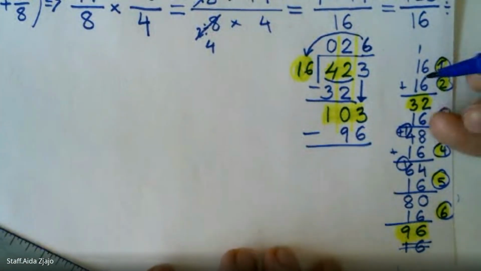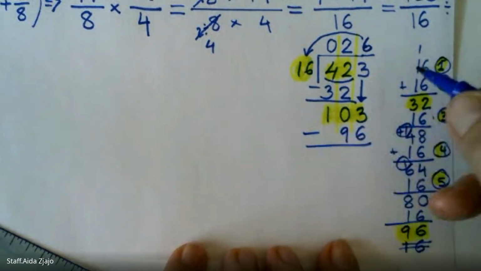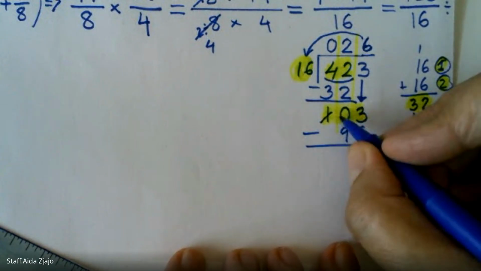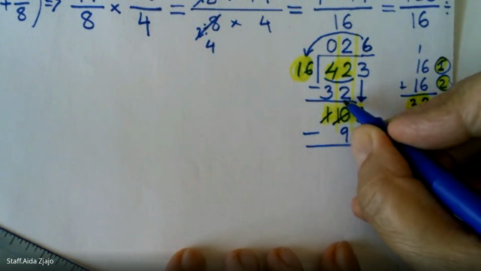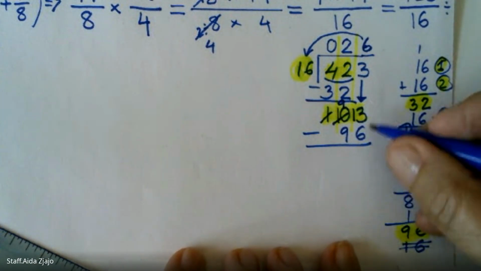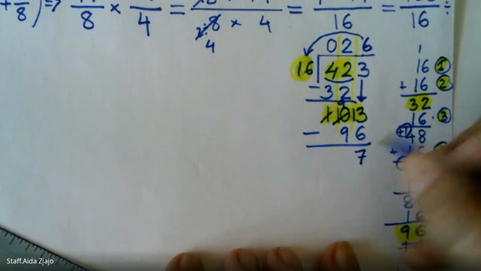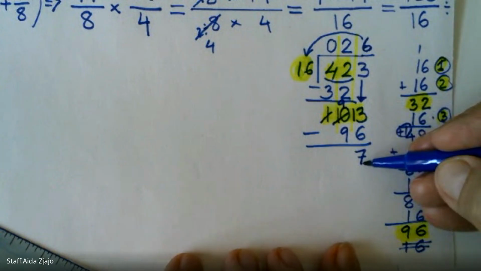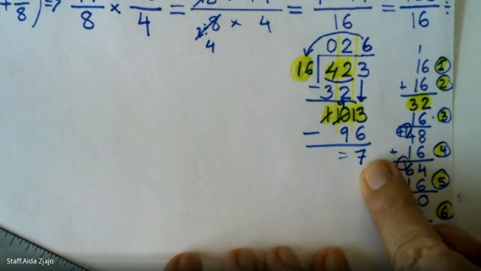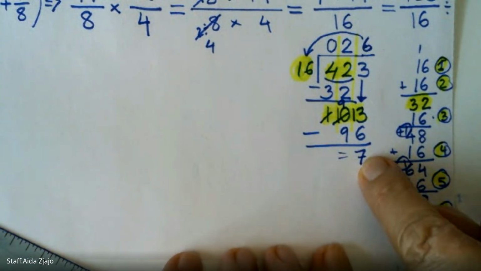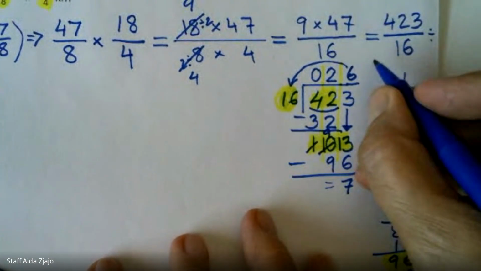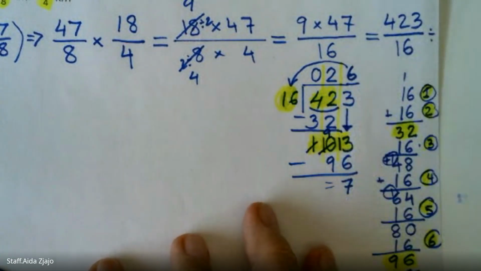But if you are following the rules, you can go, okay, regroup the 100, make this 10, again regroup, make that 9, finally 16 plus what makes 13? 7. 13 minus 6 is 7, 9 minus 9 is nothing. My leftover is 7. The remainder is 7, but out of 16, so the answer as a fraction would be